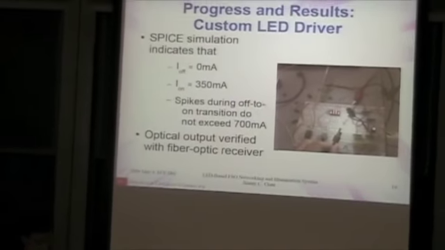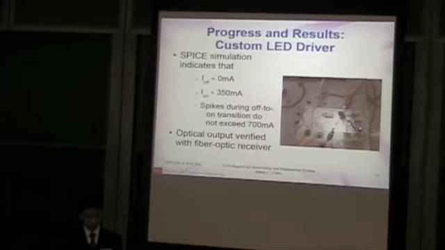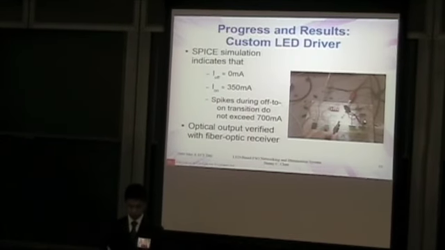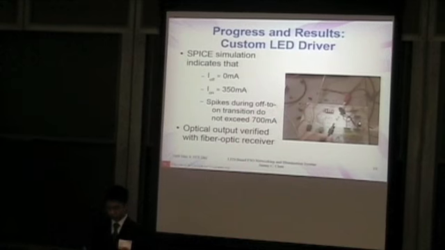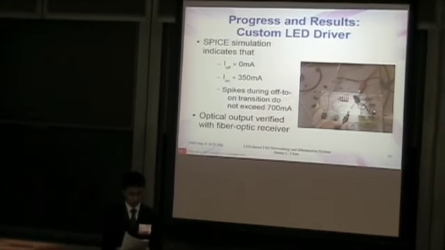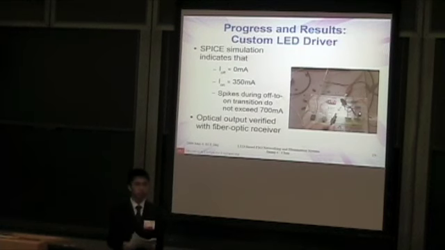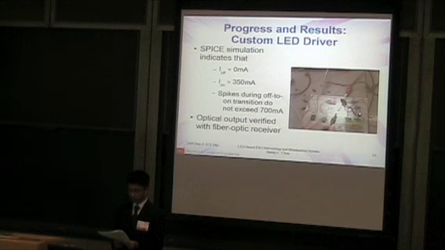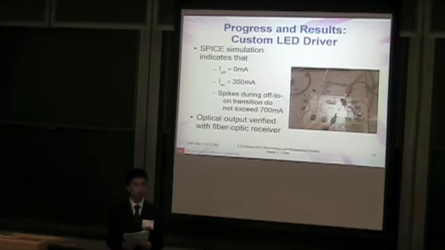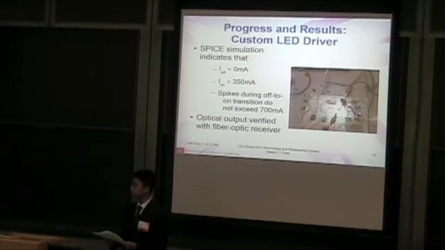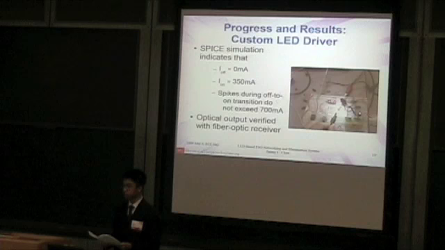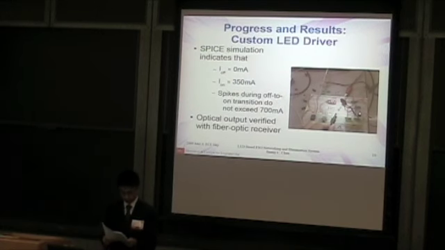A SPICE simulation of that circuit shows that when the LED should be off, almost no current flows through the LEDs. And when the LED should be on, approximately 350 milliamps flows through the LEDs. These are the desired values. The simulation indicates that there is, however, a momentary spike in the current on the off to on transition of the LEDs. But the peak of the spike remains below 700 milliamps, which is safe for the LEDs. This driver is able